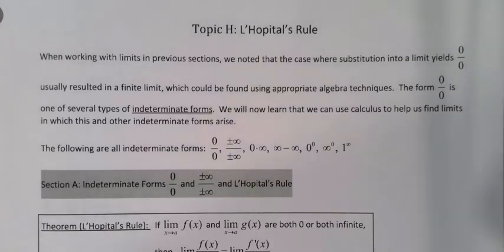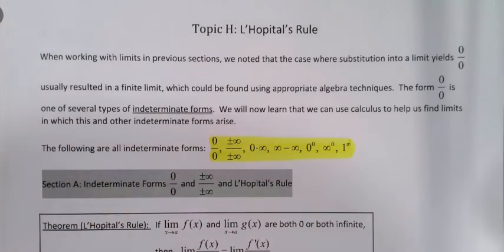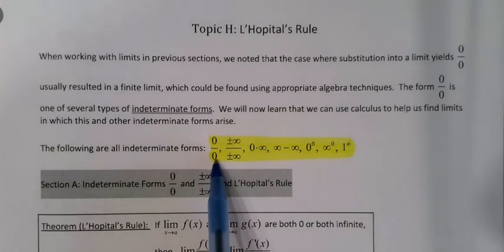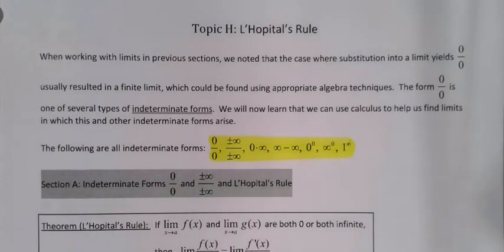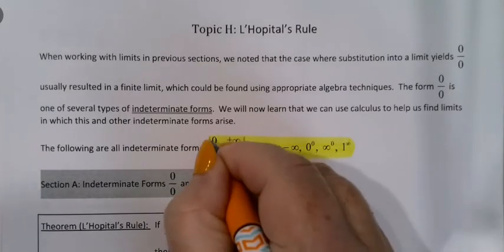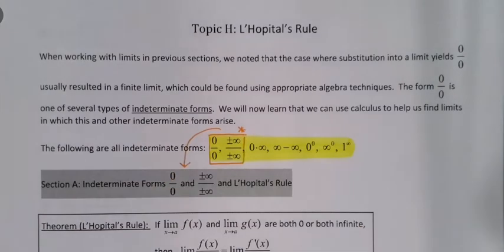The entire list is given to you here. These are all indeterminate forms, things whose value isn't just a single value, but could be a lot of different values, depending on the context. The ones that we've seen a little bit before are 0 over 0 and the infinity over infinity forms. Those are the two that are the easiest to handle using something called L'Hopital's rule. So those two indeterminate forms, 0 over 0 and infinity over infinity, we're going to handle using this new rule,